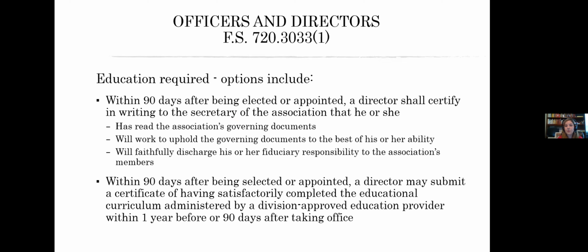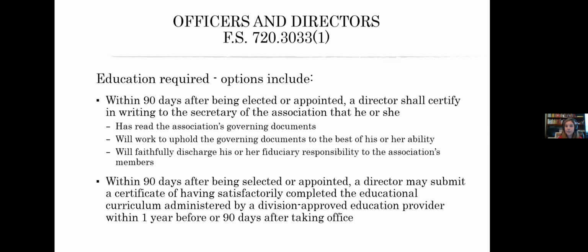If you stay on the board for the next 5 years, you don't have to go to another class. Now, almost all the classes put on by all the providers are based on the Florida statutes, and the legislature tinkers with those every year. Every year there's a change or two that comes out, some years more than others. So you may want to go to more classes. Or I find that the first time you take this class, it's kind of drinking from a fire hose. It's, oh my goodness, this is so much information that I'm learning. I want to go to another class.